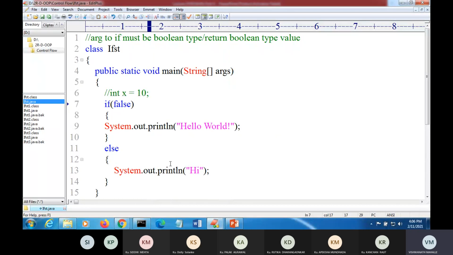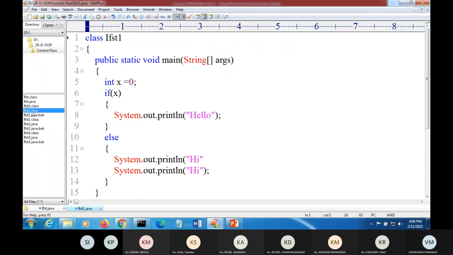Now next we will see this program. Suppose we pass 0 here: integer x is equal to 0, and I have written if x. Which block will be executed?